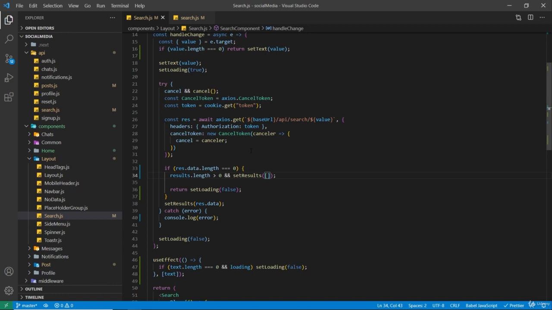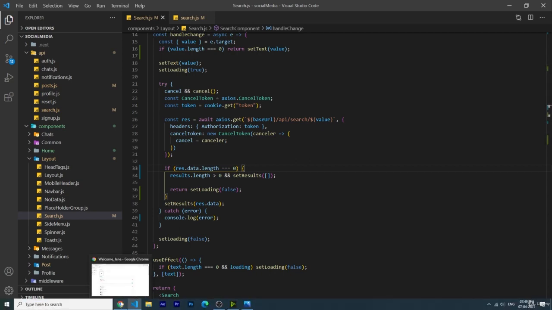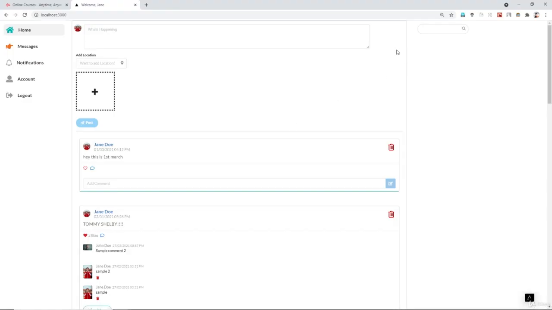So this was also a bug when there were no results from the backend. The previous state was still populated and it was showing some results on the result renderer. Now if results.length is greater than 0, we are going to set it back to an empty array when res.data.length is equal to 0. So now if I go back and let it refresh,